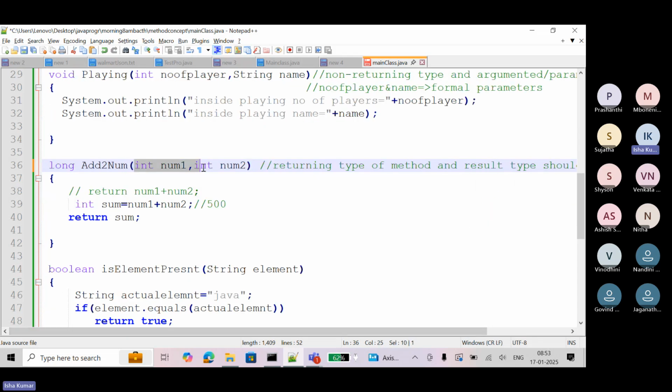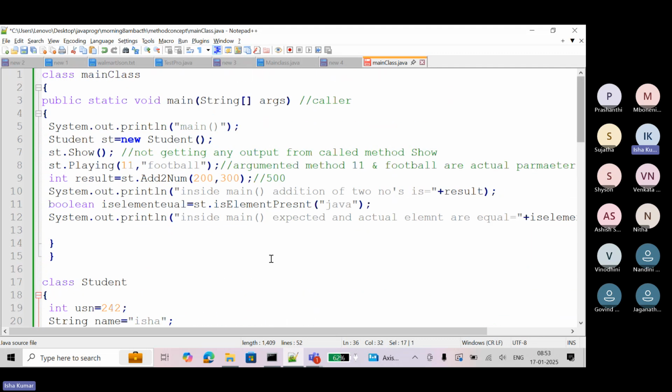And parameters. What are the things you have to see? Whatever parameters, as I told you, the order of parameters, the number of parameters, and the types of parameters, everything should be the same while you are calling the argumented method.